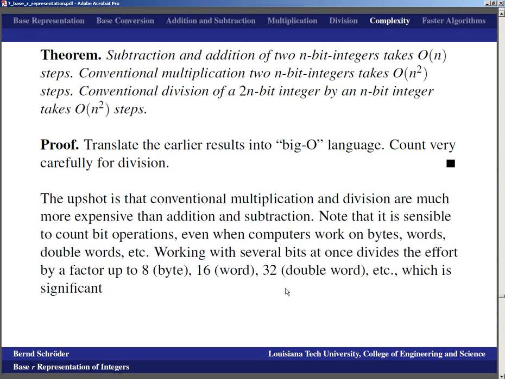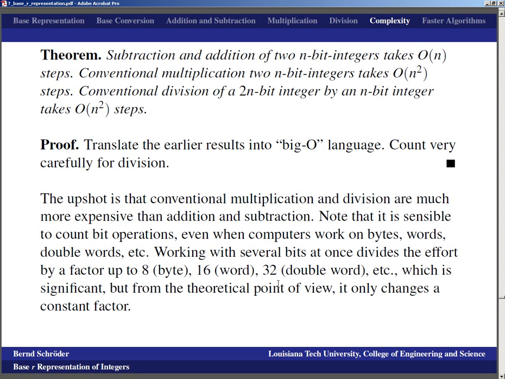I've implemented certain search algorithms for my research in what is called bit parallel fashion, and trust me, if that cuts your execution time by a factor of 32 or something like that, that is just great, right? That is huge from an implementation point of view. But from a theoretical point of view, it only changes the constant factor in front of the O. Considering that theoretically we can make n as big as possible, if we can, for example, cut down our execution time by a factor of 32,